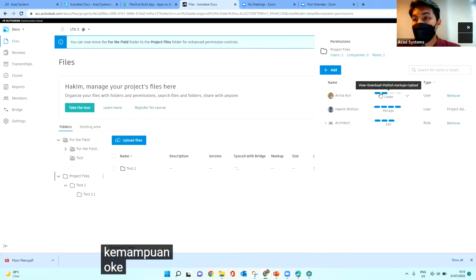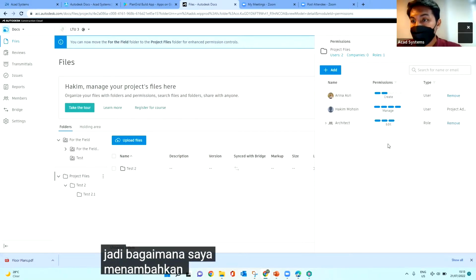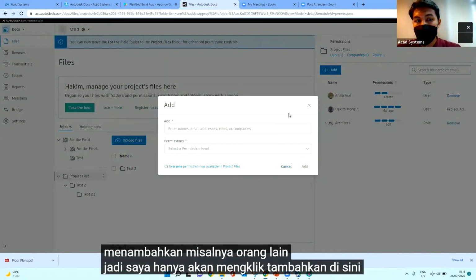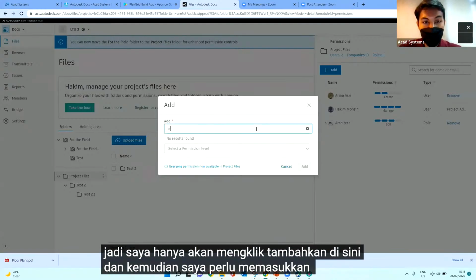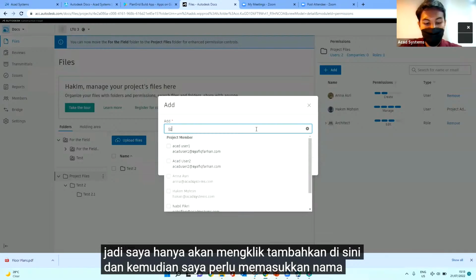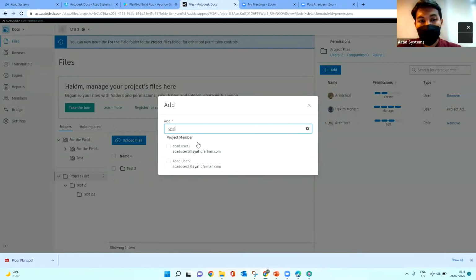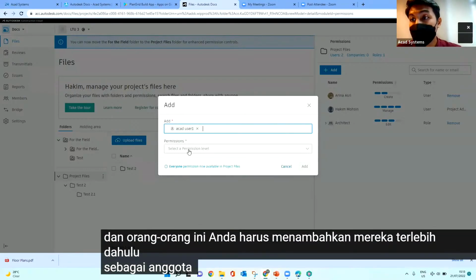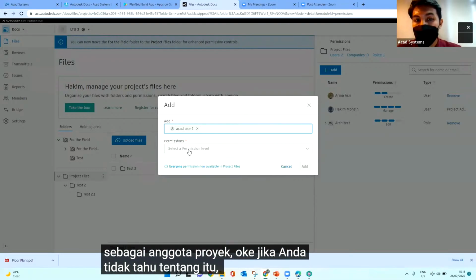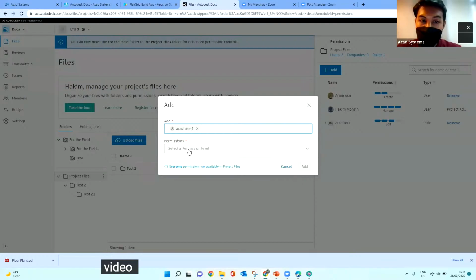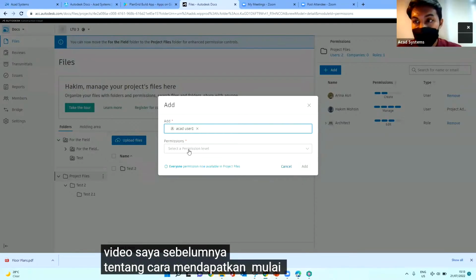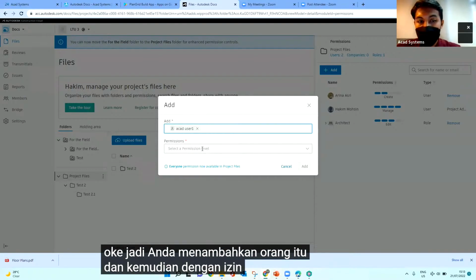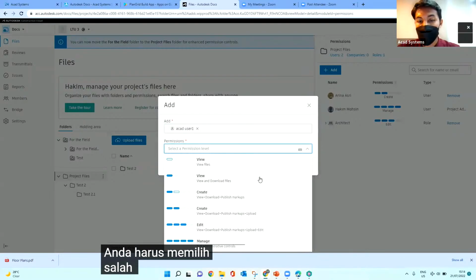capabilities. So how do I add, for example, another person? I will just click add here, and then I need to enter the name. These people, you should first add them as a project member. If you don't know about that, you can check out my previous video on how to get started in ACC. So you add the person, and then at the permission, you need to select one of the permission